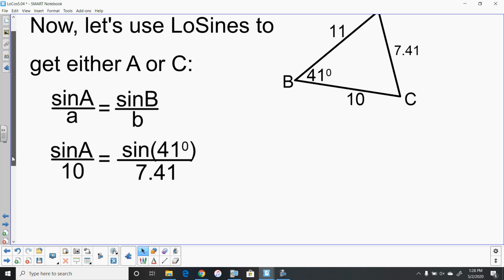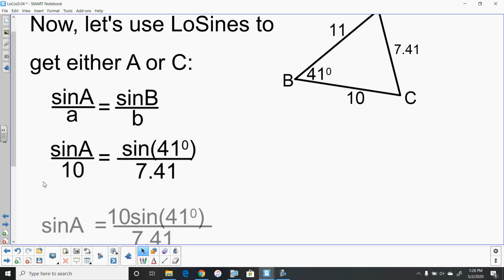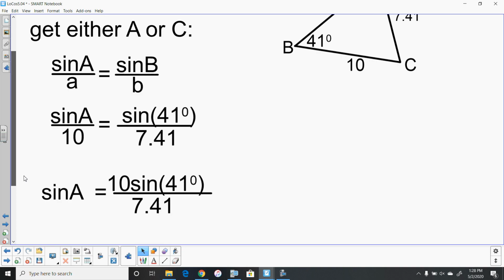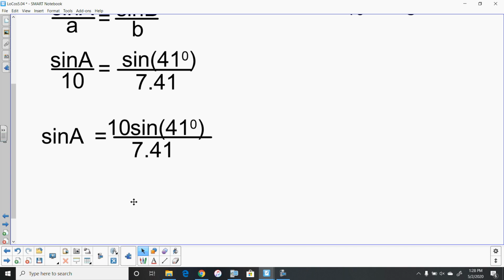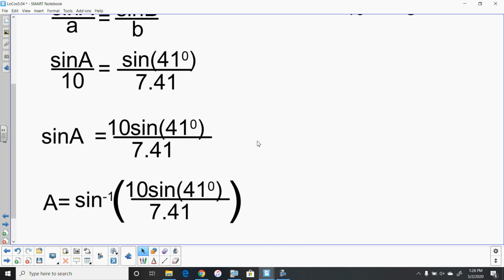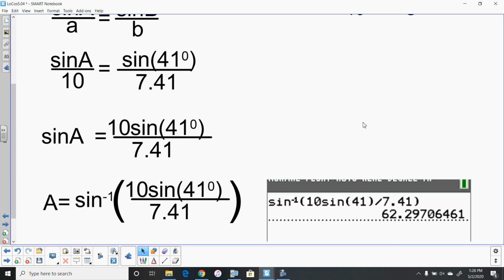Well, we can get that 10 out of there by multiplying both sides by 10. And we can go from sine A to A by just doing the inverse sine. We can put that whole beast into the calculator, and we get about